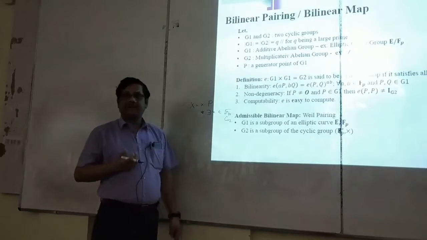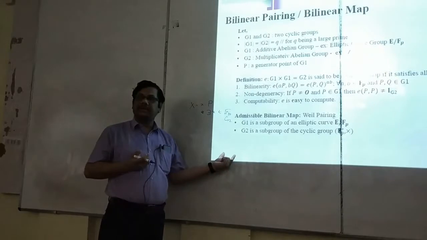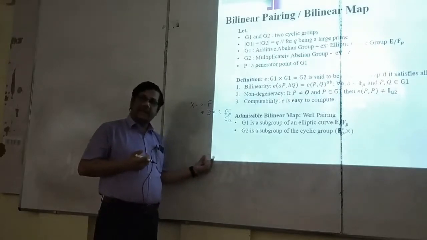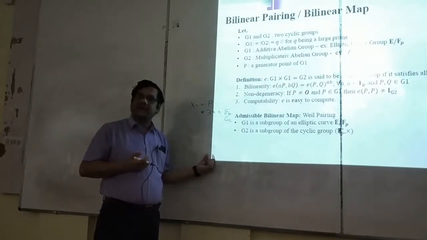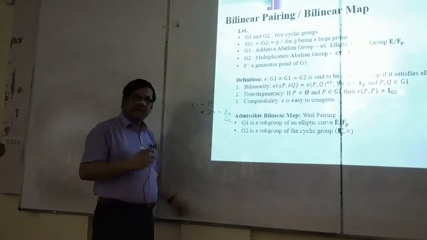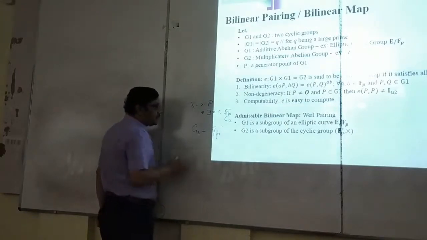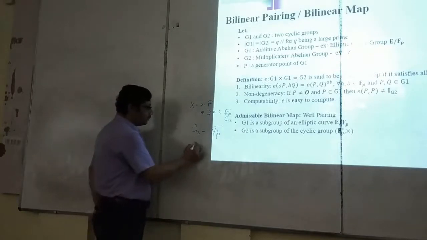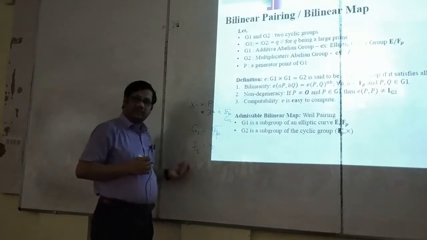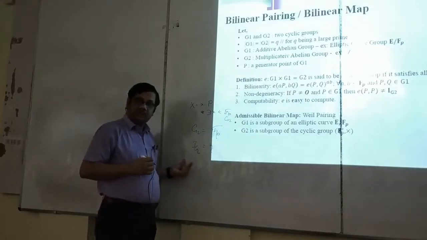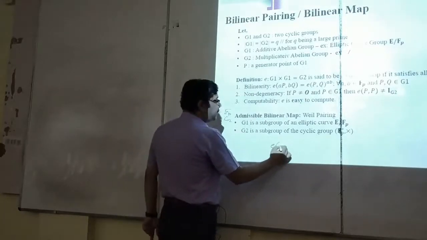Another way also it can be stated. See, we have said that G1 is an additive abelian group and G2 a multiplicative one. Now in the special case, G2 is FP. In that case, which one is the identity element in G2? If G2, in a special case, is nothing but FP, then what is the identity element in G2? It is 1. So it can be stated in that way also, that EPP is not equal to 1.